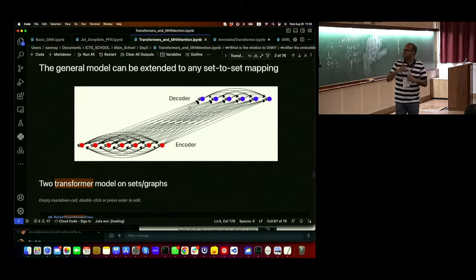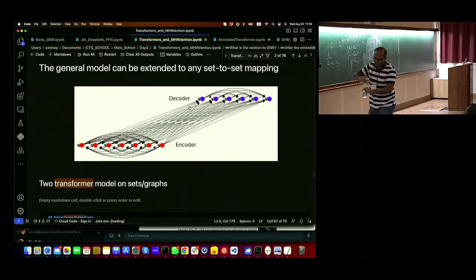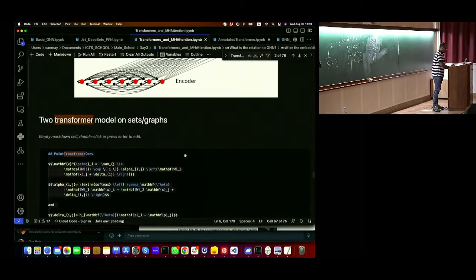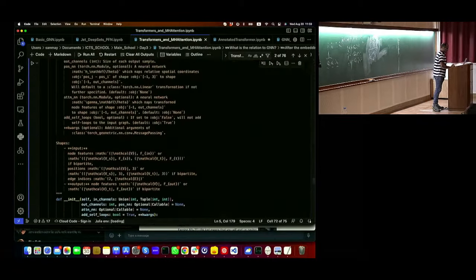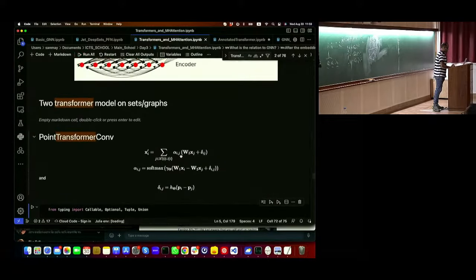Okay, so let me just go through it. So the first part will be point transformer convolution. We want to implement